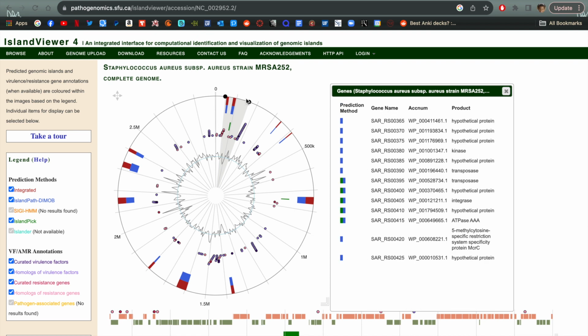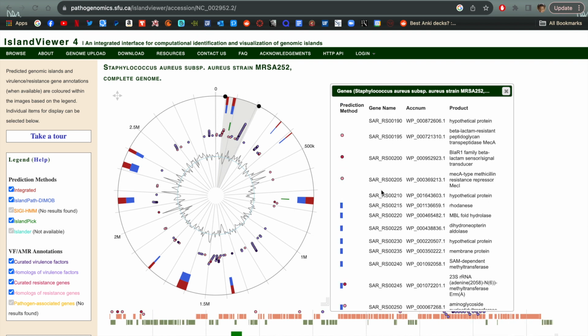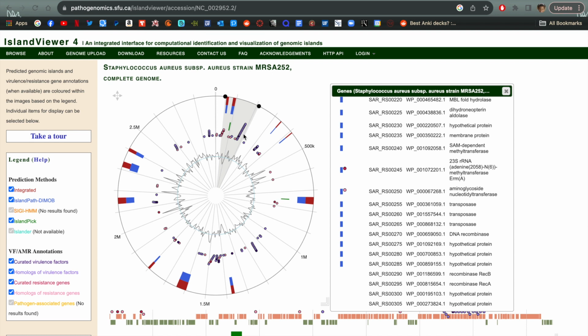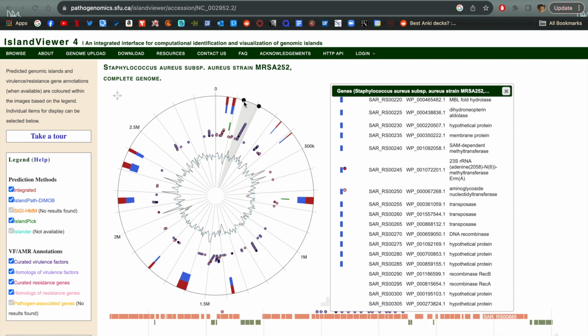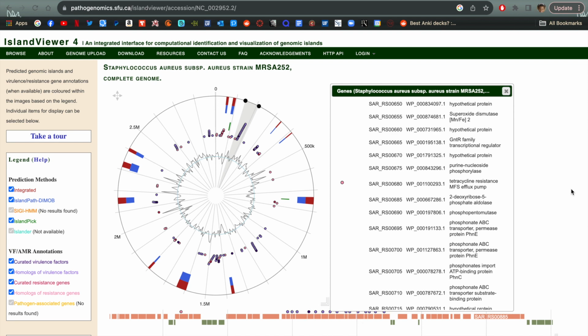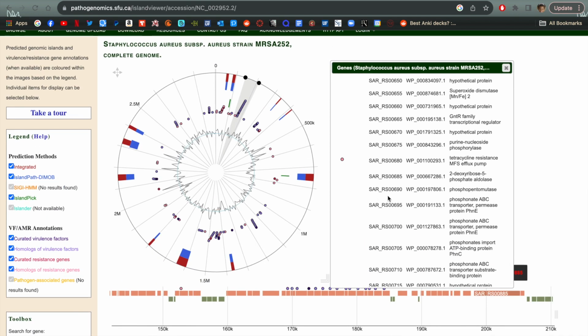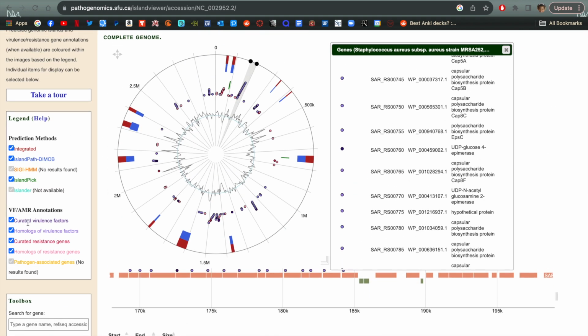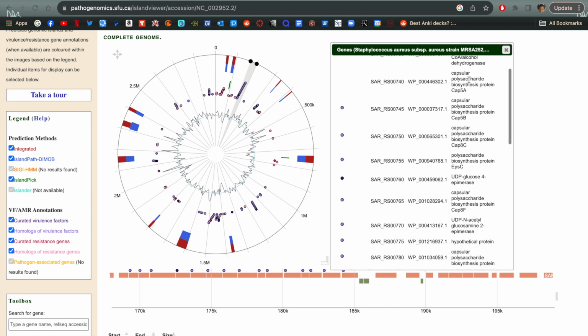So here we have some more parts marked with the prediction methods, but we want to look at, for example, this long purple marked area down here. You could also view this entire area, but marked in purple, we have all of these, where dark purple is the virulence factors for this bacteria. Light purple is the homologs, which you can use to infer, okay, maybe this is an area of pathogenicity. So, for example, a lot of these are capsular polysaccharide biosynthesis protein, and with a little more research, you'll find